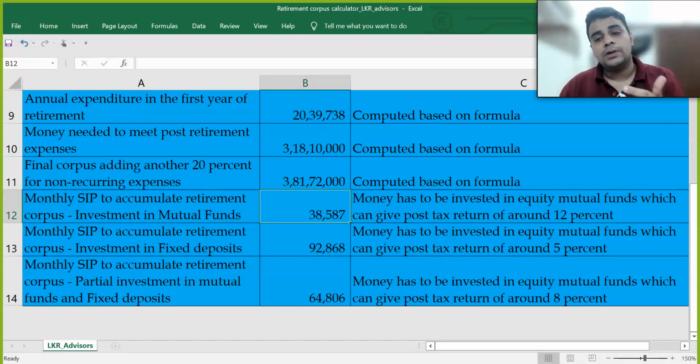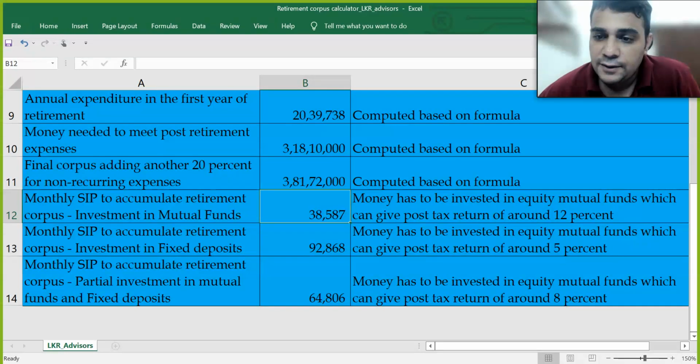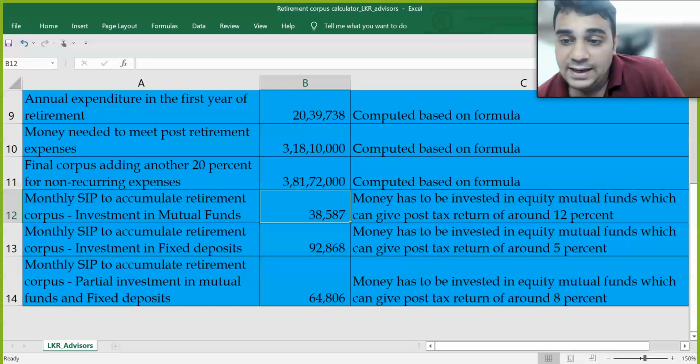People can also build on your SIP. Initially you can start with 39,000. As your salary increases, you can increase the SIP amount also. When you increase the SIP amount, what indirectly will happen is the corpus which you generate will be more than 3 crore 81 lakh. Or initially if you don't have 39,000, you may start with something like 30,000 and keep increasing. So some months you do 30,000, then you increase to 32, then 34, 36, you reach 38, then 40, 42. So on an average 38,000 kind of an investment can happen. That is called variable SIP.